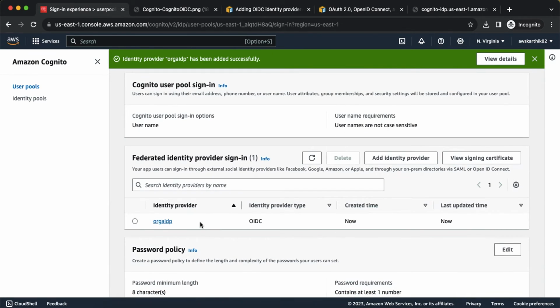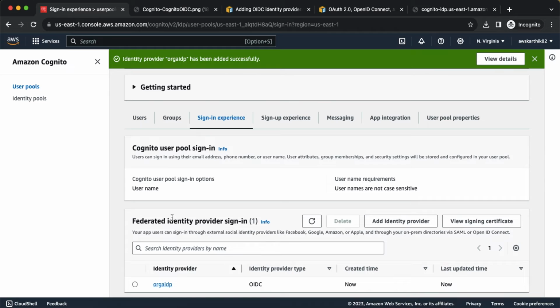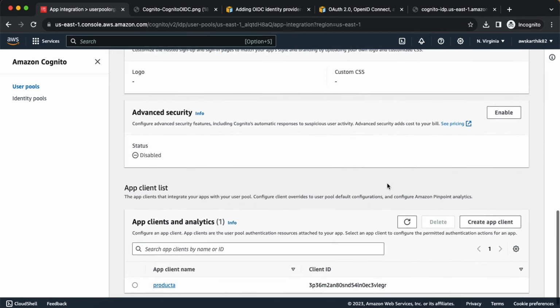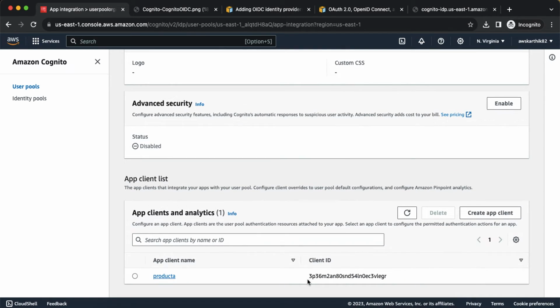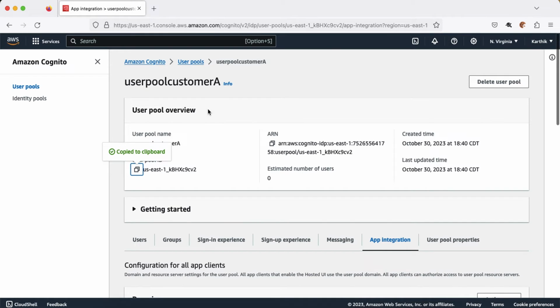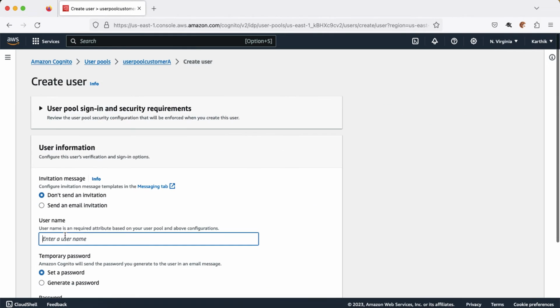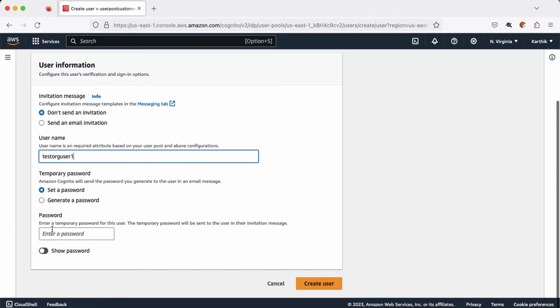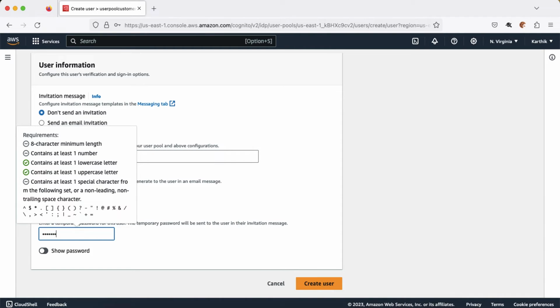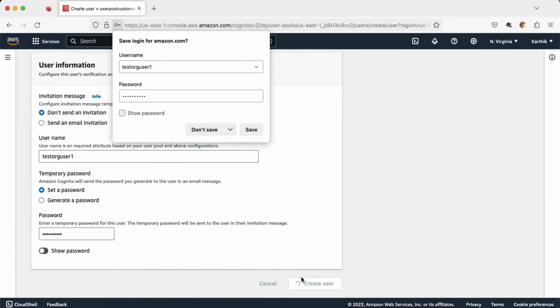So we added an identity provider to your organization's user pool, and that is an external identity provider. Now go to your app integration tab, and before doing that, come here and let's create a test user for testing this end-to-end flow. So let's create a new user called test org user 1, and you can set any password you like and then create user,